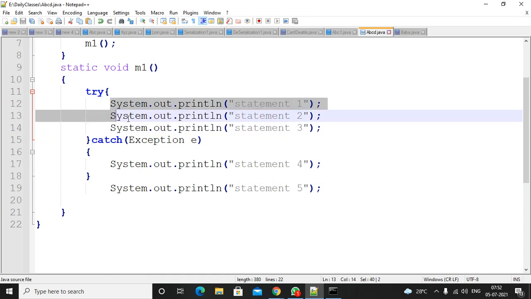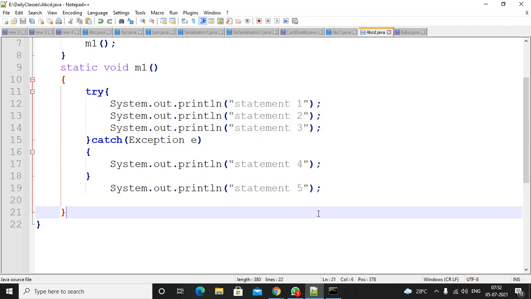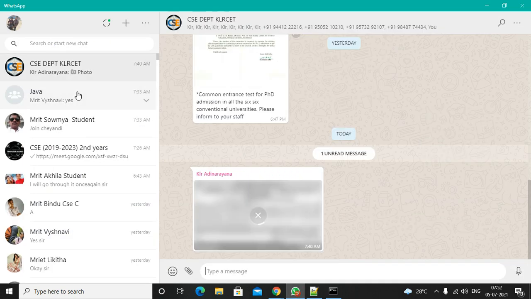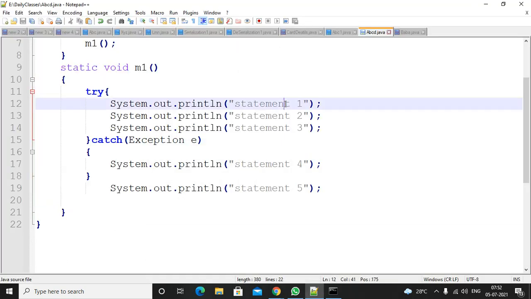These are all normal statements. So if you don't have an exception at line number 1, 2, 3, and 5, what is the output?